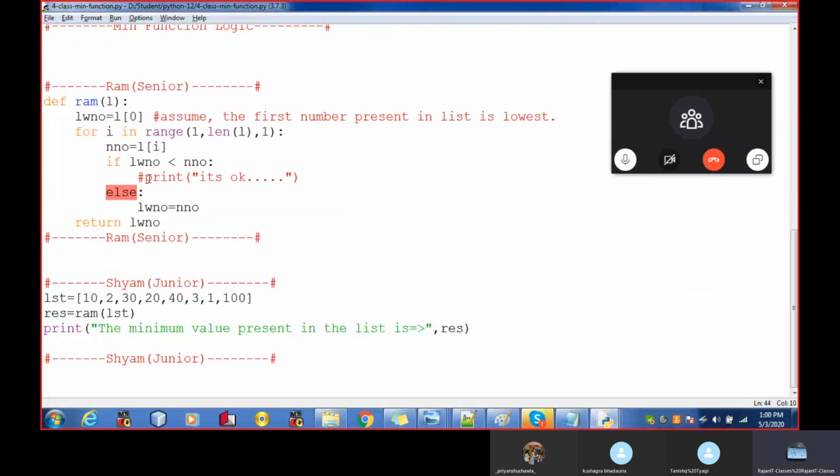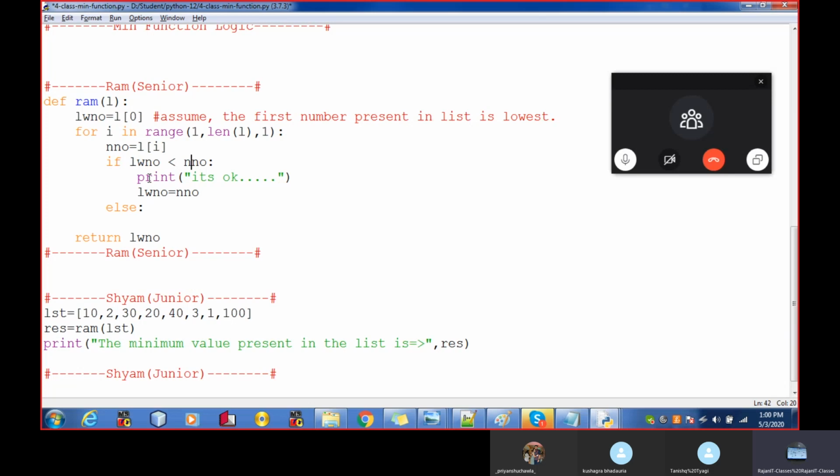Now it's giving us a warning that we have a statement inside the if block which is commented. So one way is to use it: just put this line over here. If you put this line over here, then you will have to change the sign to greater than.